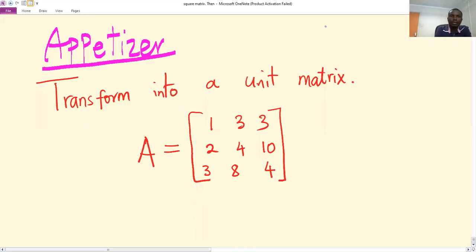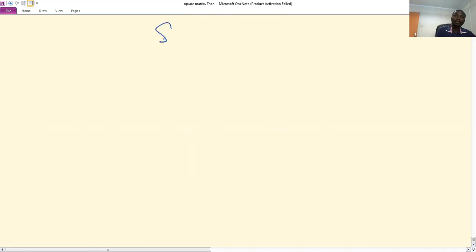Welcome to this session. In this session, we have a problem to transform a matrix into a unit matrix by elementary operations. So this is how we solve this. Solution. So A